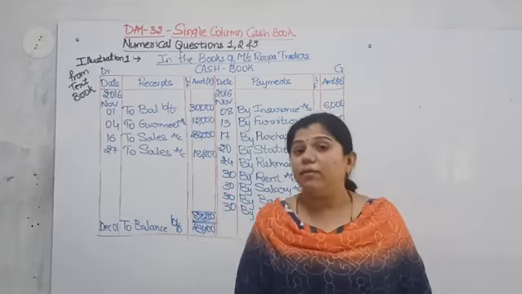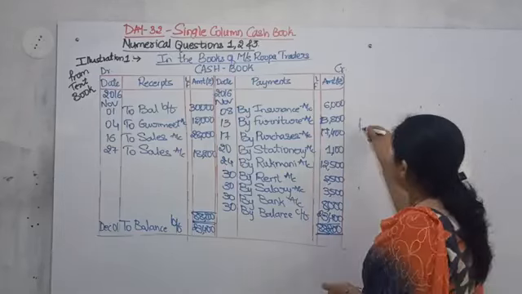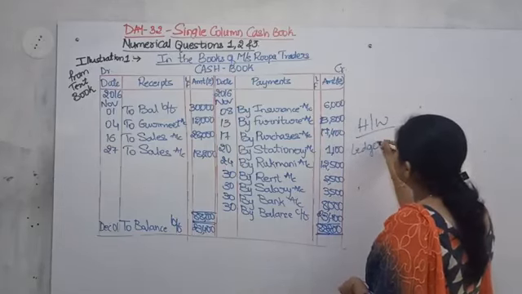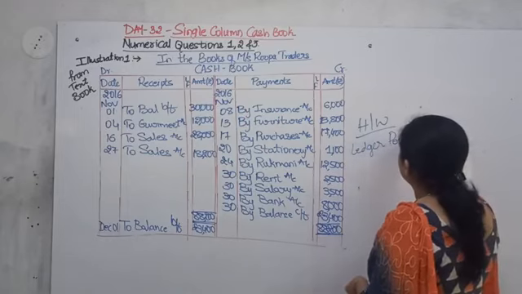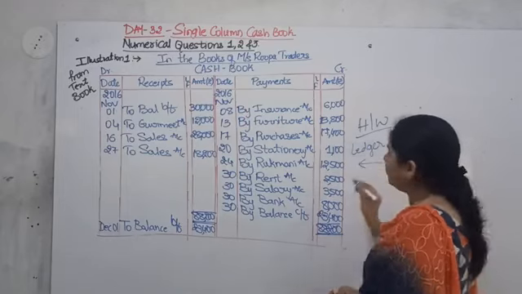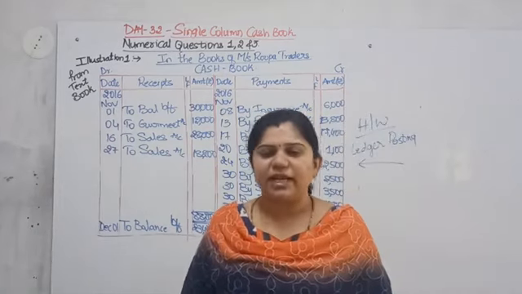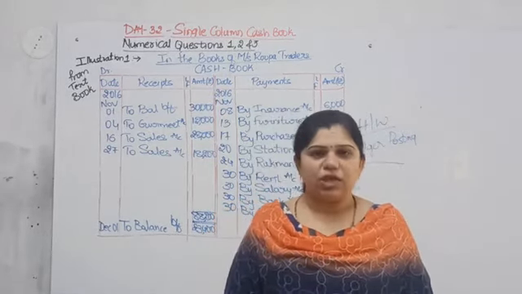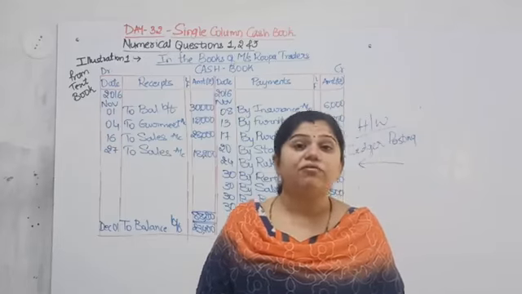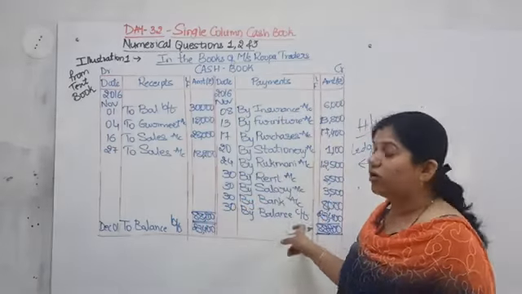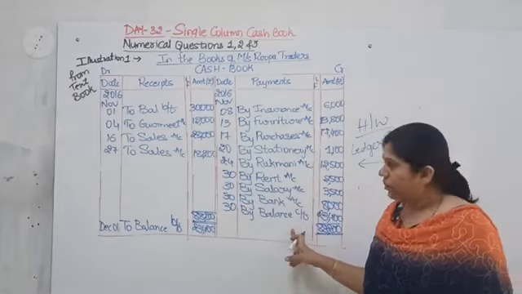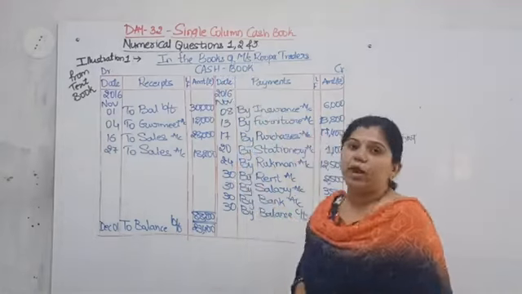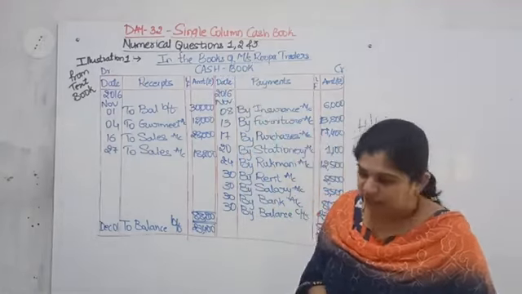Okay, now here I am giving you a homework. What is the homework? You have to do the ledger posting for this question. It is given in your textbook. Ditto you have to write. Whenever I check your books, I will see whether you have written it or not. So this is your homework of today's class. Okay, now what shall we do? Now we shall solve the numerical questions 1, 2 and 3 which are given in your textbook.